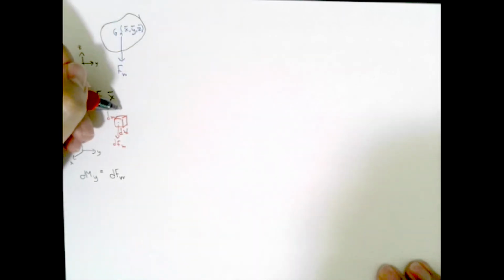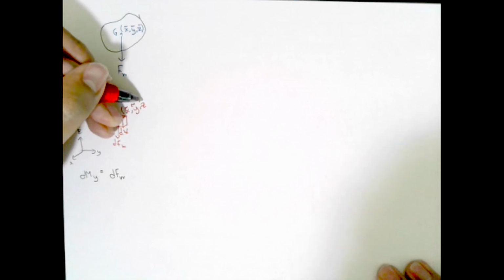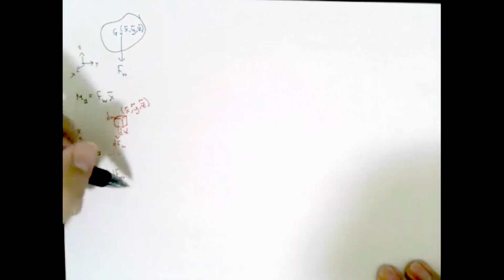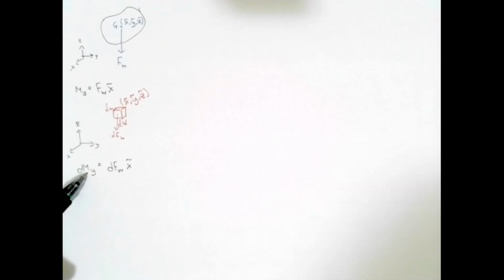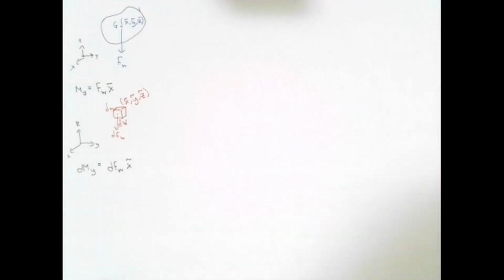Now we already said this element is located at coordinates x squiggly, y squiggly, z squiggly, which means that we can multiply this weight by this coordinate. We know that this tiny element exerts a tiny moment about the y-axis, which is found by multiplying the tiny weight times the x coordinate of the centroid of this tiny element. So it's the same equation that we have above, except that this is for the whole thing, and this is for the tiny thing. However, we know from calculus that the total moment